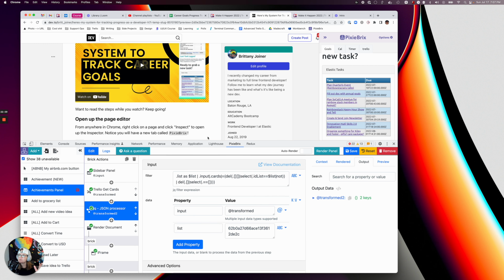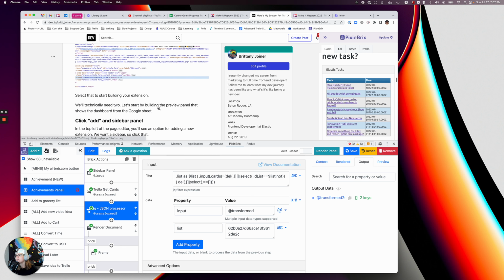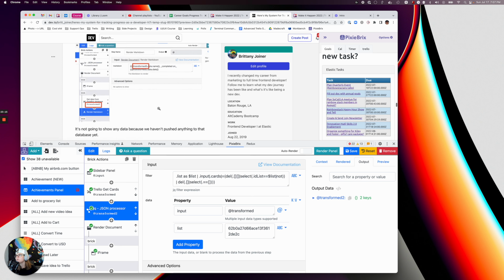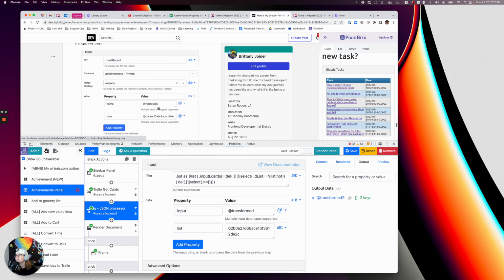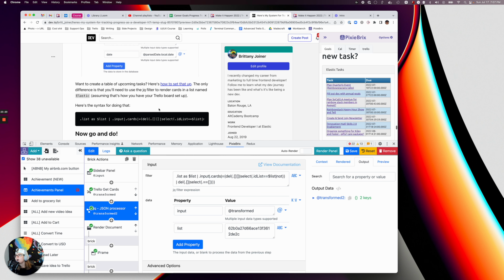And then for this next brick, it gets a little hairy, but don't worry, I've already done all the math and stuff for you here and the programming. The Pixie Brix team helped me out with figuring out how this needs to look. And this should work for you, so I'm going to paste this, and it's actually in this blog post. Let me find it. Haven't published it just yet, but I'm about to. But this is exactly what you're going to copy and paste, and you're going to put it in here as your filter, because it's going to do all the math to say,